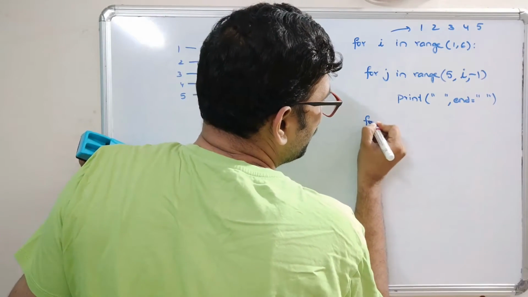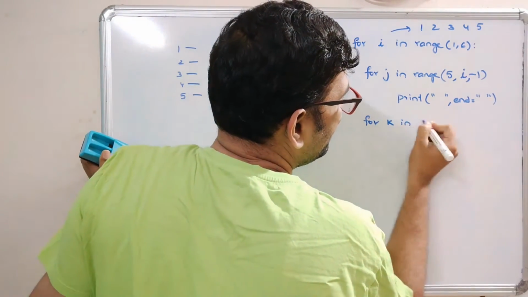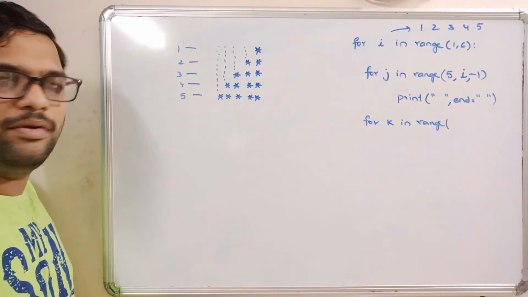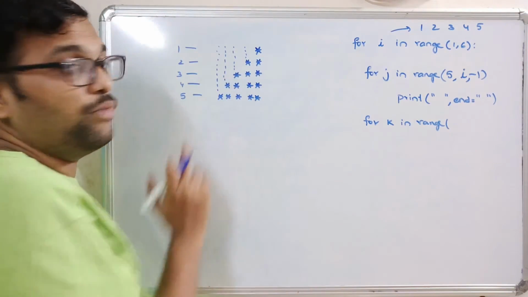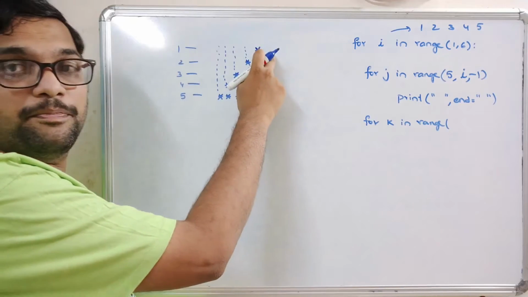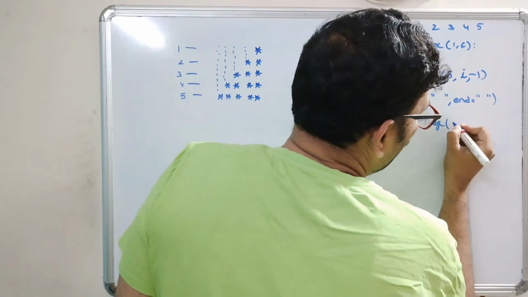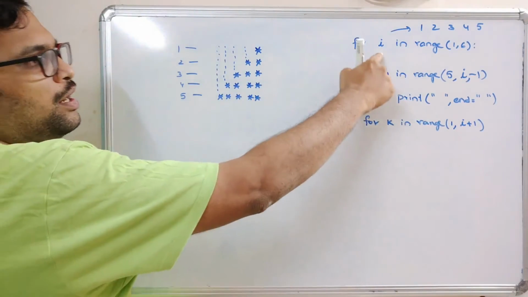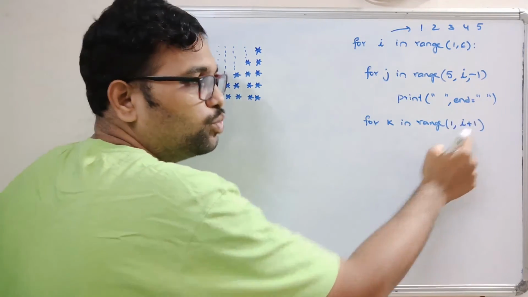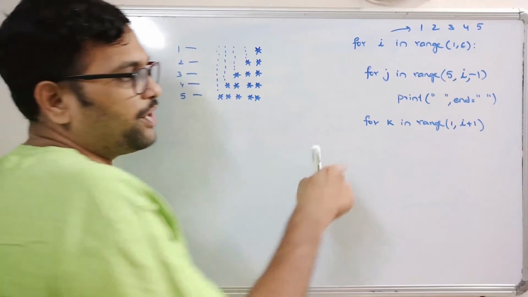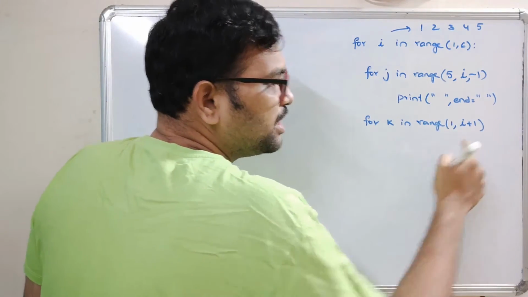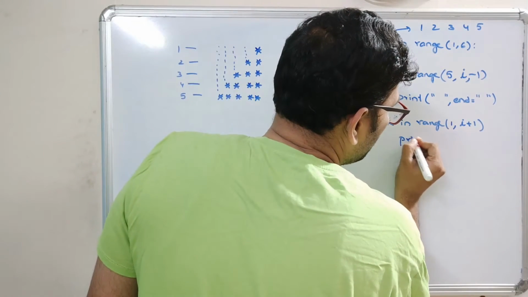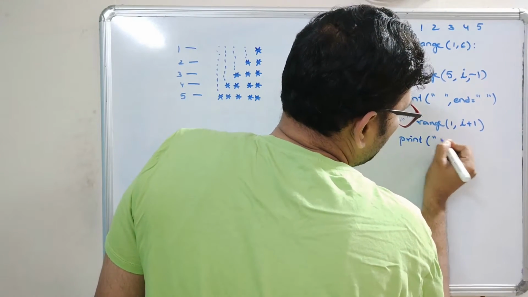So again, write the for loop for k in range of. How many stars do we have to print? Only 1. So first row 1 star. That's why just go with 1 to I plus 1. If I is equal to 1, then range of 1, 2, that means only 1 iteration. If I is equal to 2, the range of 1 comma 3, that means 1 comma 2, 2 iterations will be there. So here we need to print star,